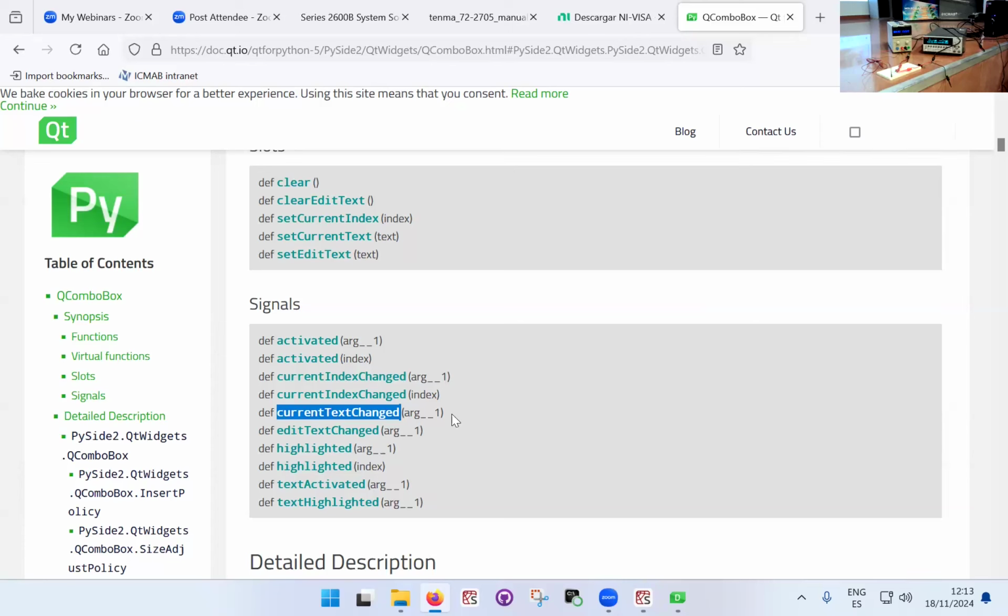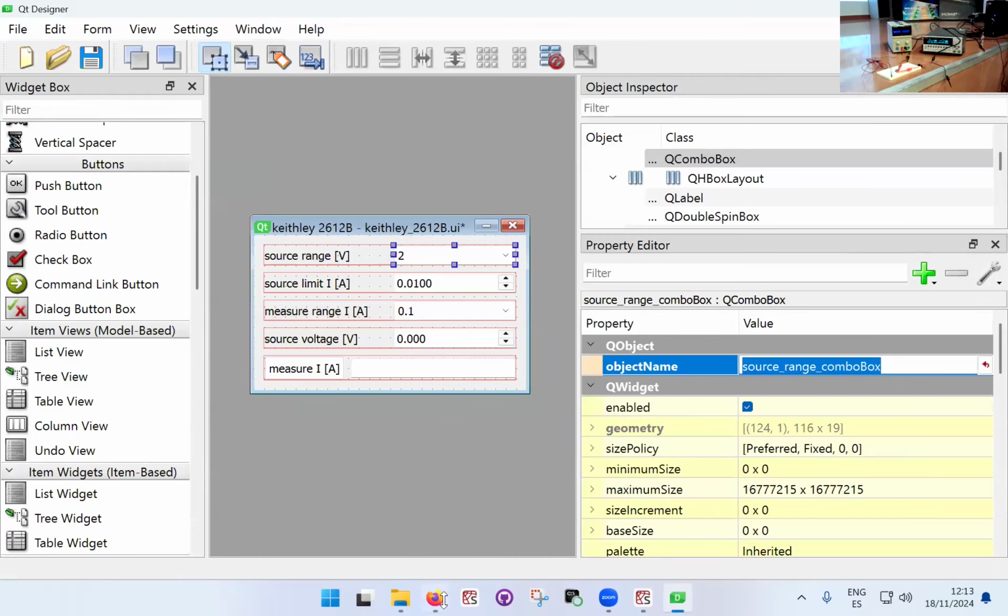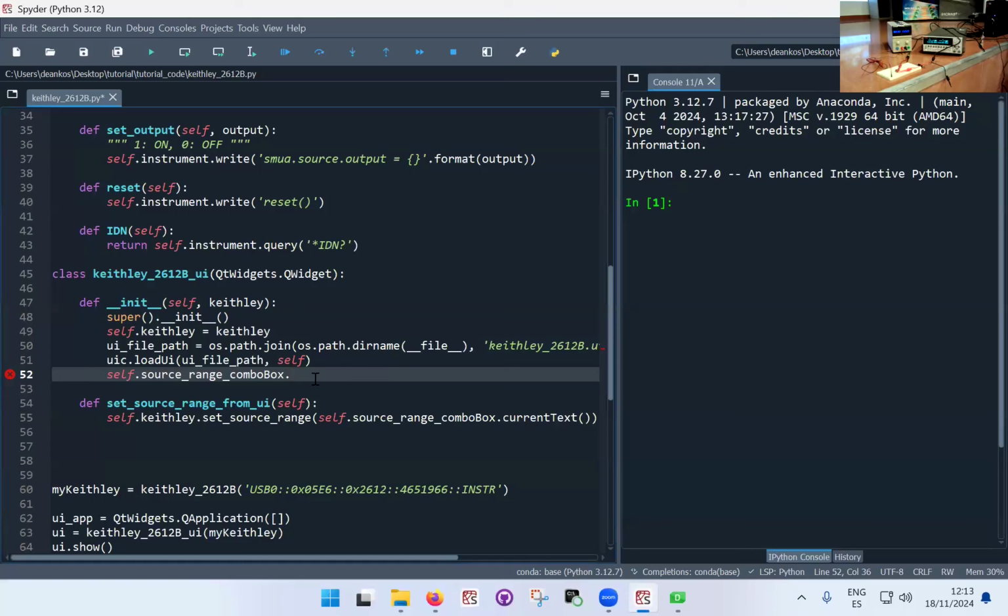So current text change, I'm going to copy this and put it in the code. Dot currentTextChanged dot connect, and this is the keyword that I need to use. Connect to what? The function that updates the Keithley setting. Okay, so self dot set source range from UI. Okay,